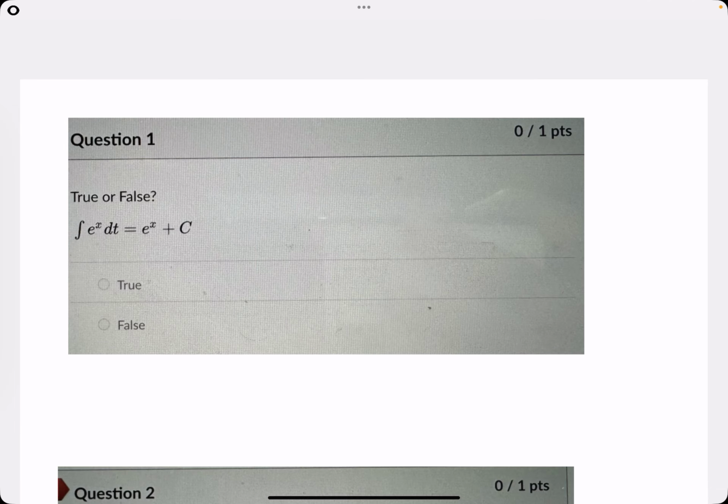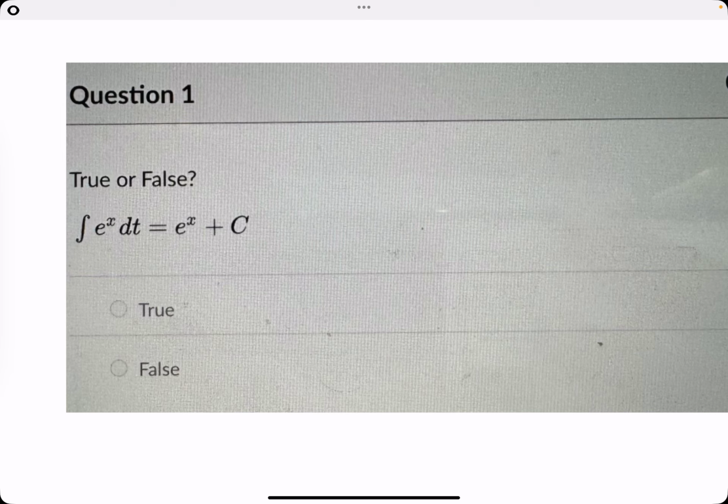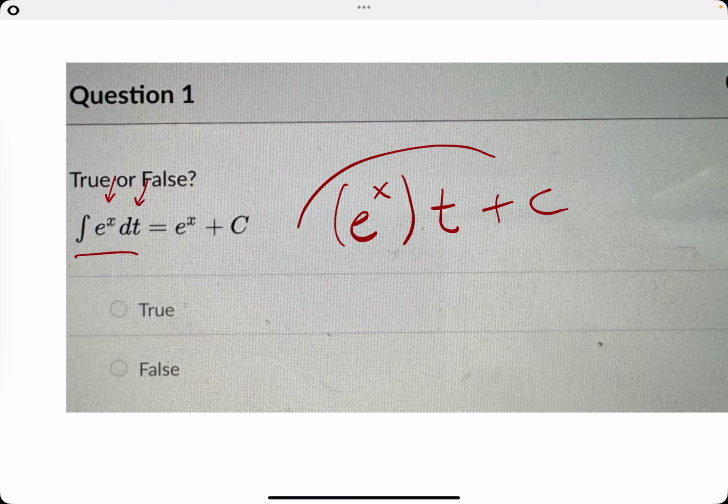8 problems starting now. Number 1, true or false, the integral of e to the x dt is equal to e to the x plus c. It's so close to being true, but what do you notice about the variables? We have e to the x, and we're integrating it with respect to t. The integral of e to the x with respect to t, well, e to the x at that point would be a constant. It'd be treated as just a constant because the real variable is t, and so the integral of a constant would just be that constant times t plus c, and so they would never write this, so